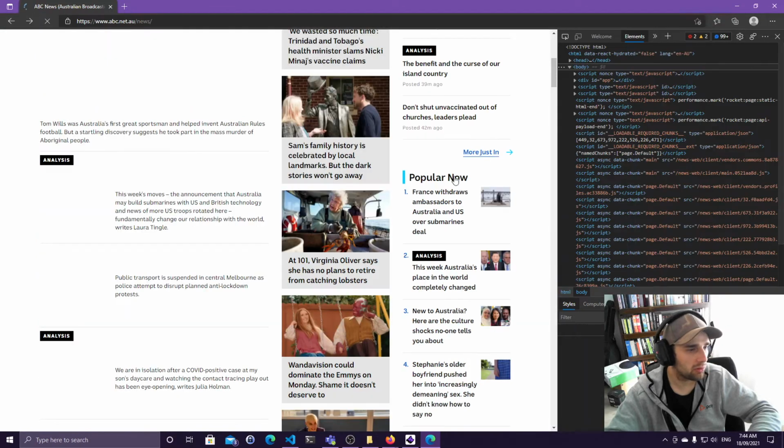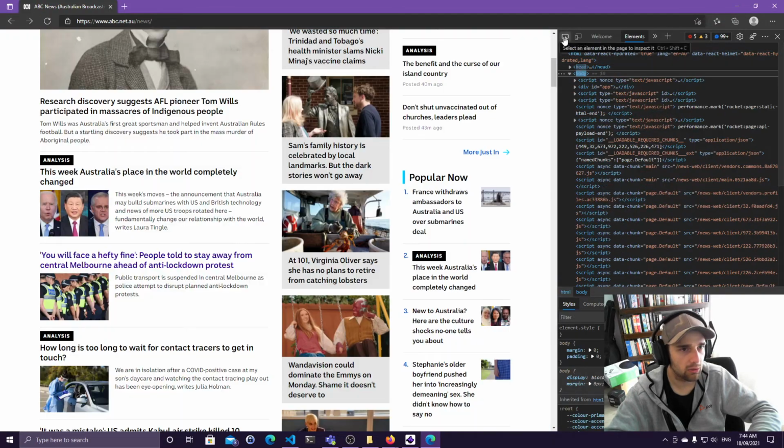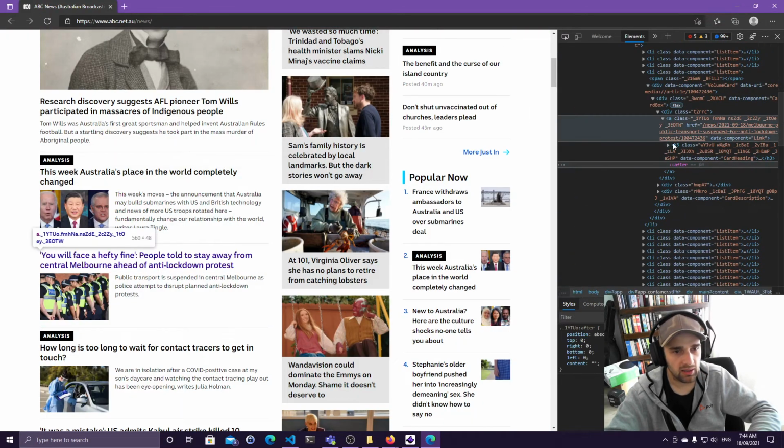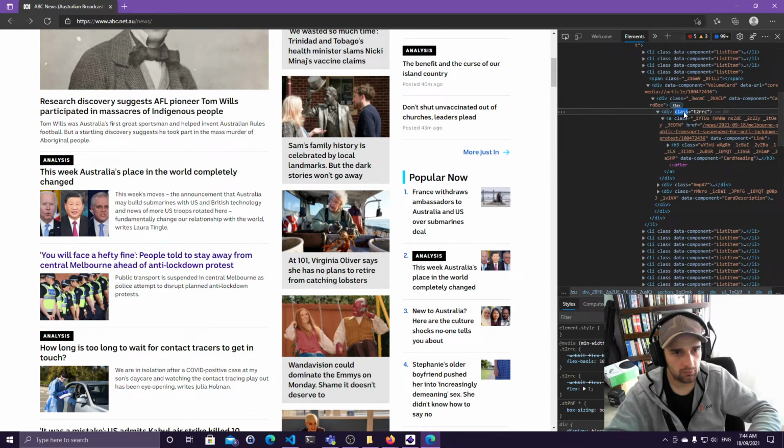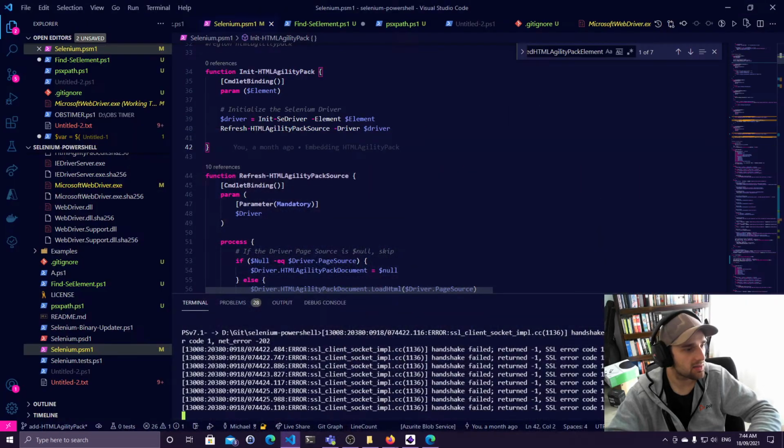I think that I don't want to click on it. I just want to basically get the element. I think that there's a, I'm going to get this class here. I think that there's a specific